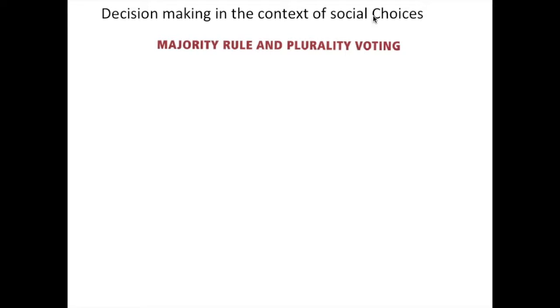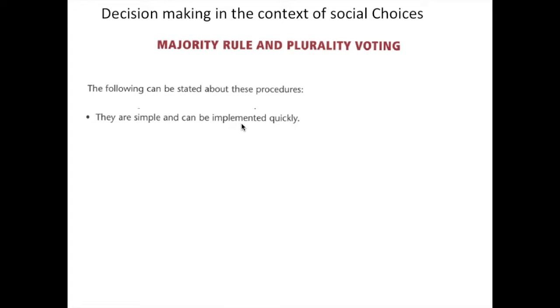Decision-making in the context of social change. Majority rule and plurality voting. The following can be stated about these procedures. They are simple and can be implemented quickly. But on the downside, they can lead to the election of a candidate who is disliked by a large part